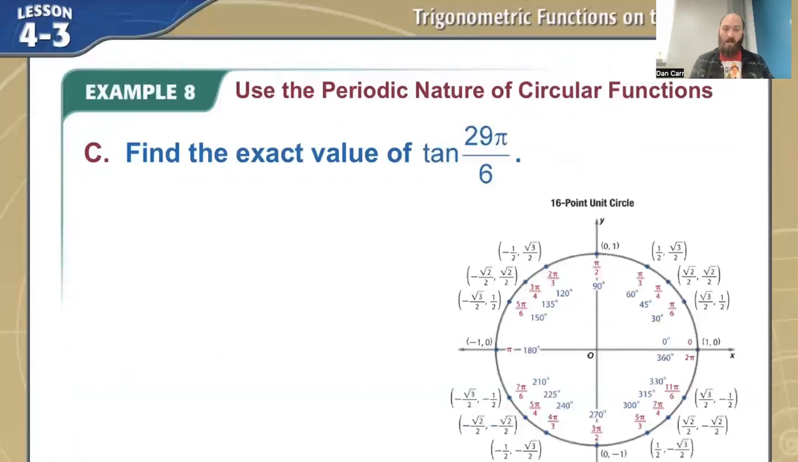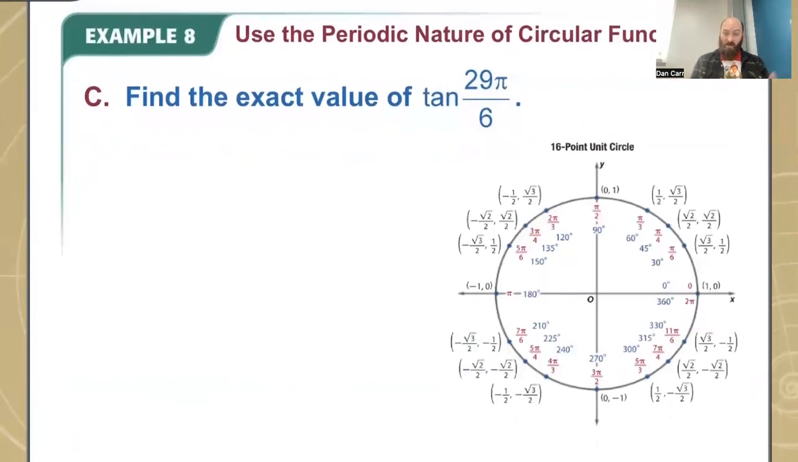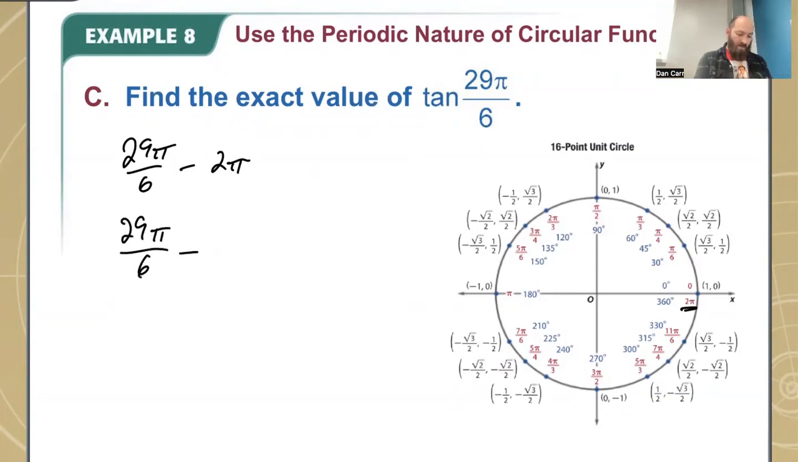The tangent of 29 pi over 6. So again, this is another one where 29 pi over 6 is larger than my 2 pi here. So I'm going to do 29 pi over 6 minus 2 pi, but I want to do this in terms of sixths. So that's going to be the same as 29 pi over 6 minus 12 pi over 6. Sorry, I'm turning 2 over 1 into 12 over 6. So if I subtract those out, I get 17 pi